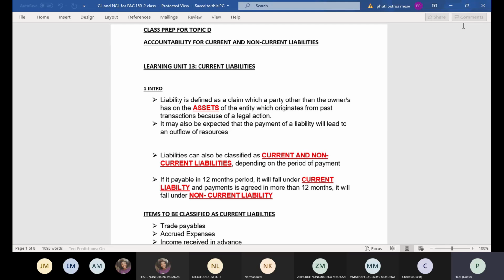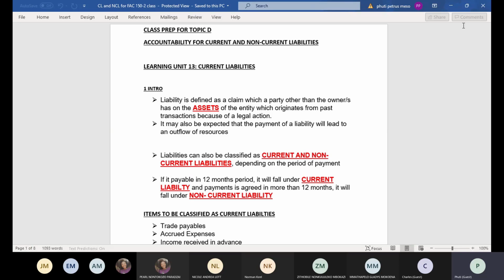A liability is defined as a claim which a party other than the owners has on the assets of the entity, which originates from a past transaction or past event because of a legal action. Meaning that you have to enter into a transaction with another party by buying goods on credit. So that means you will raise your liability. It may also be expected